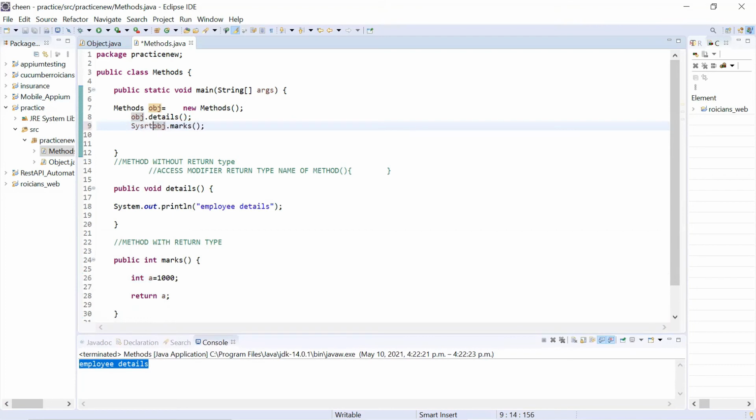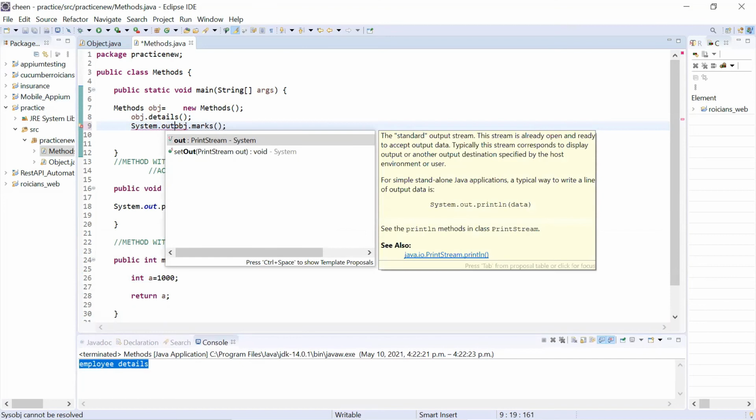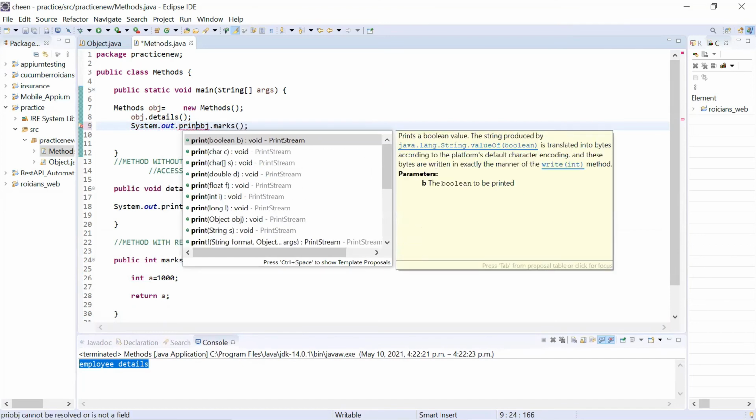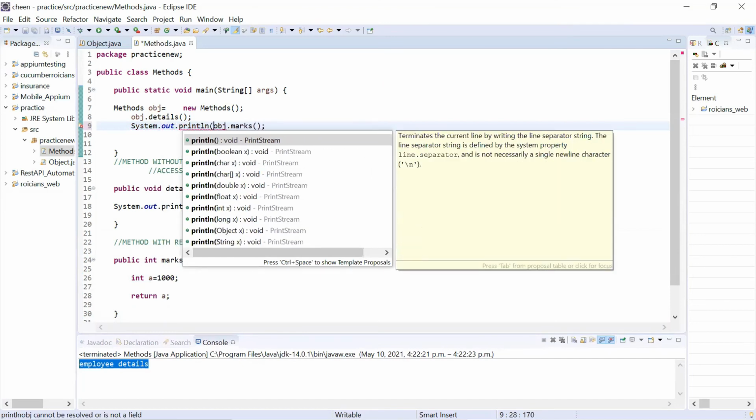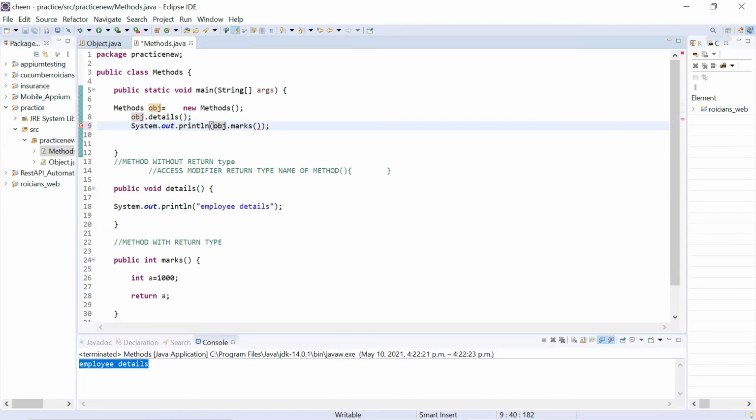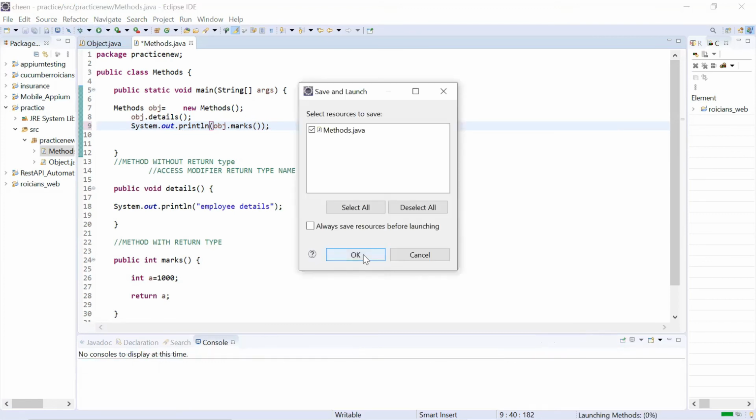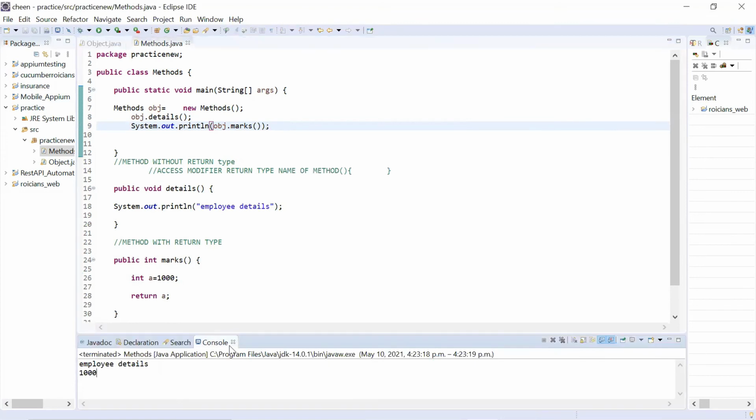So I'll write system.out.println, and in brackets, I can pass my reference dot method name. Now let's execute it. It is showing me 1000 now.